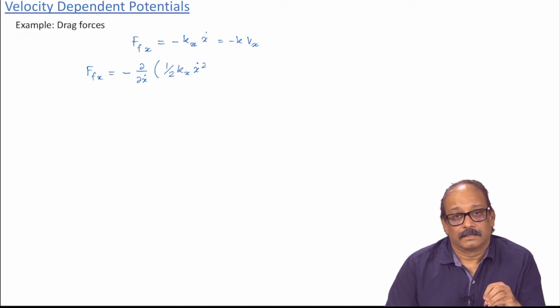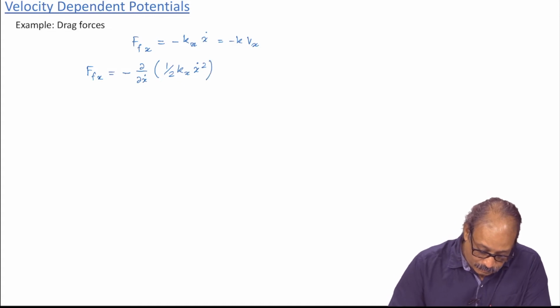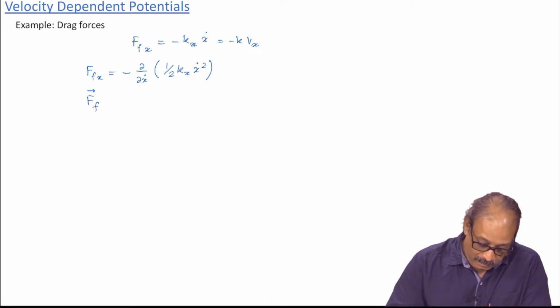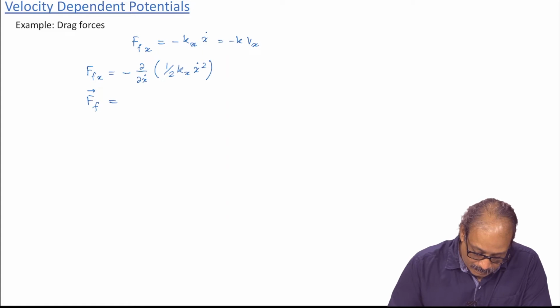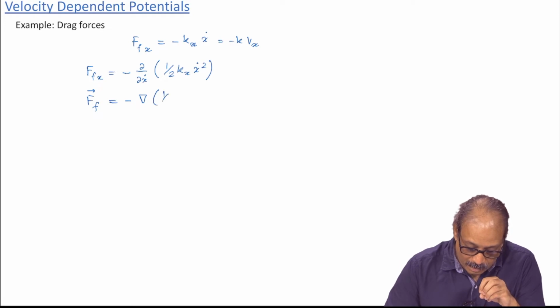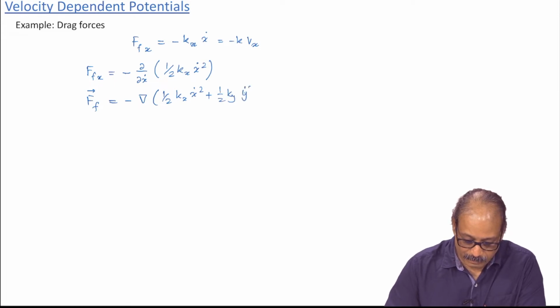Okay. Now, I will add the remaining two and write the net frictional force, all three components put together, will be minus gradient of half kx x dot square plus half ky y dot square plus half